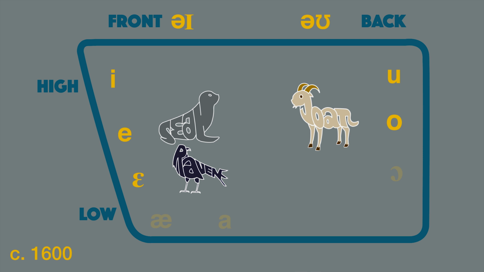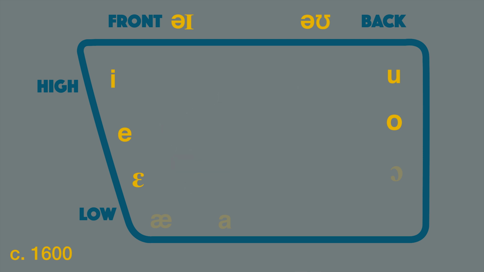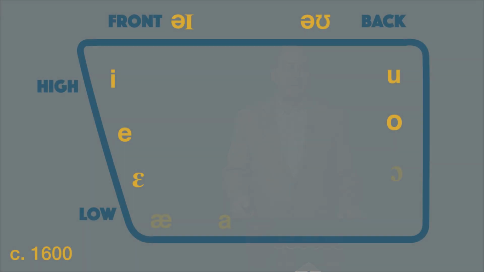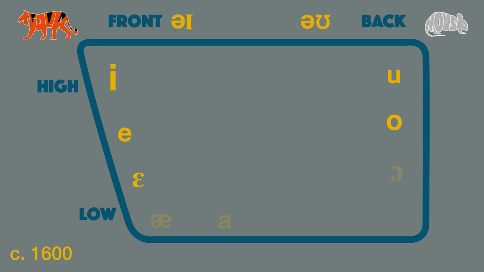Let's pause here a moment to see how much has changed. Remember, at this point, around 1600, the changes to the vowels have taken about 150 years to occur. It's a very short time for such extensive changes. We have 2 diphthongs and 5 monophthongs. Oi, tiger, mouse, sheep,